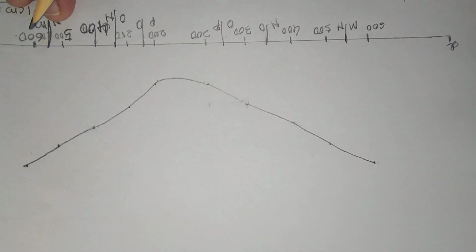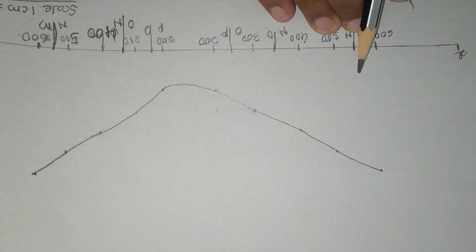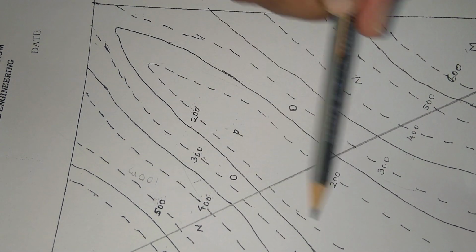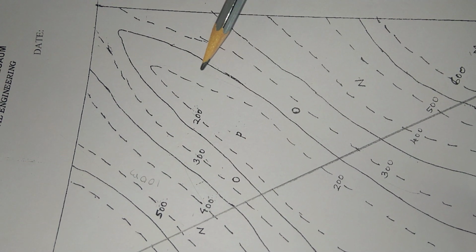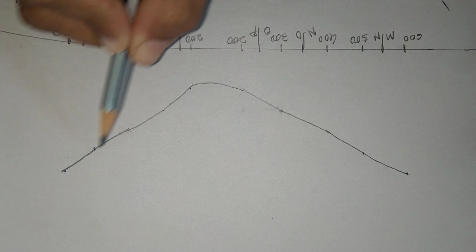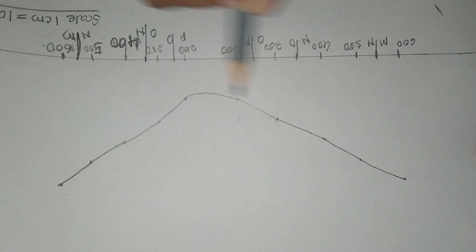Okay, so this is the profile of the ground. By seeing the contours on the map, we had told that it is a valley, right? By seeing the contour values and the shape of the contour, we had already guessed it is a valley. Now, here you can clearly see the section when you draw, you get a valley.